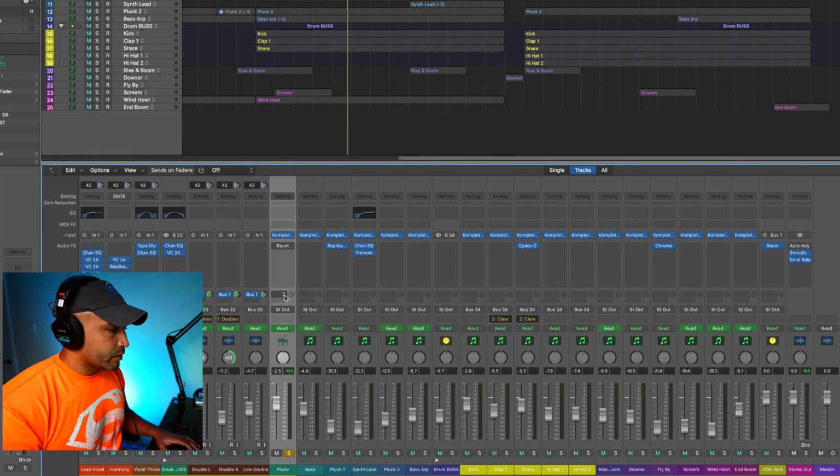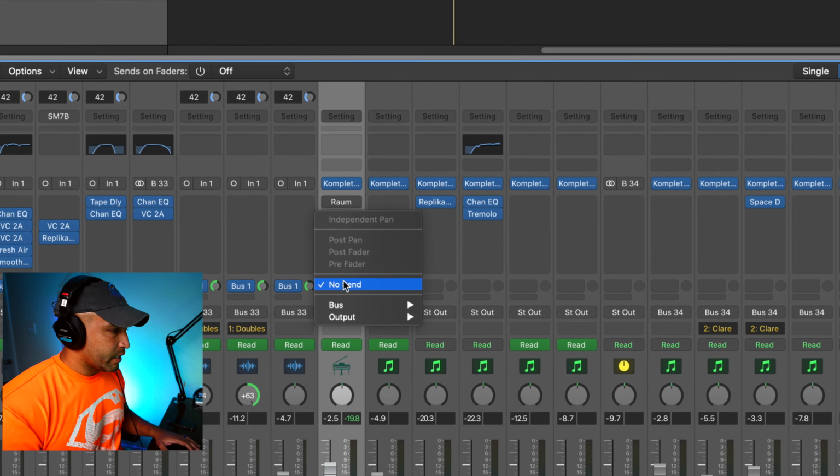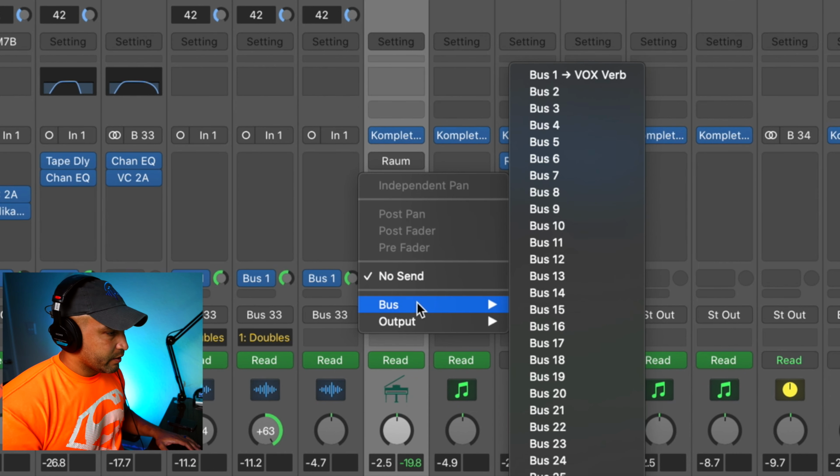Now I know what you're thinking. Hey Phil, you have the reverb right on the track. Why didn't you bus it out? And the reason is that's really the only track outside of vocals that is actually using reverb. So instead of busing it out and creating a whole new reverb track just for an instrument, I just threw it on there. It is an option. It's just if you're going to have multiple instances of the reverb, that's where you really want to start looking into busing it out. So to create the bus, I'll go to the track here, to the send area,